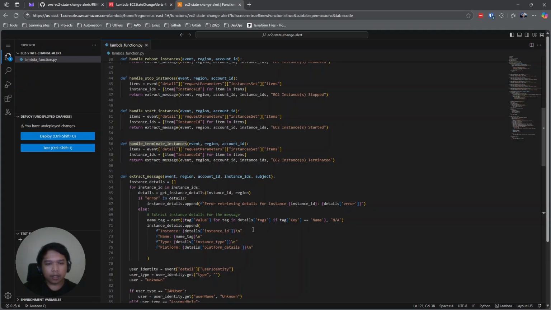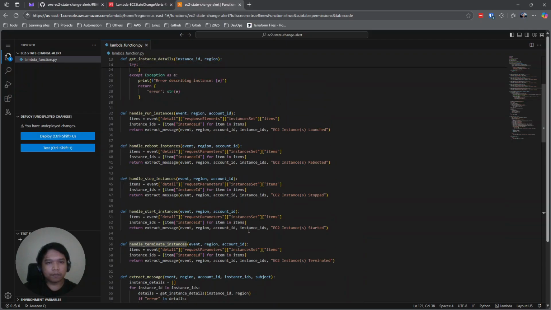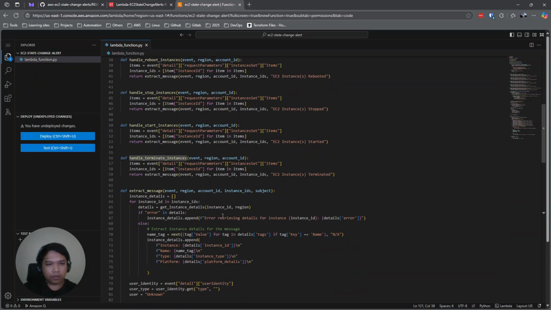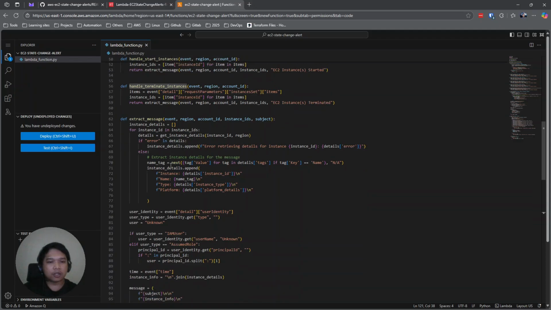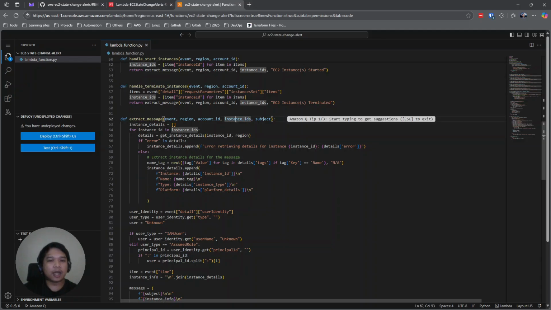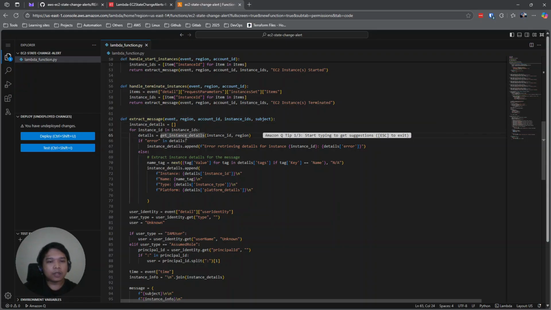And then after that, where is it? Here in the terminate instance, it will call the extract message function. In this extract message function, once we have the necessary data like the instance ID, account ID, region, and the event, what we have here is to describe the details of that instance ID.